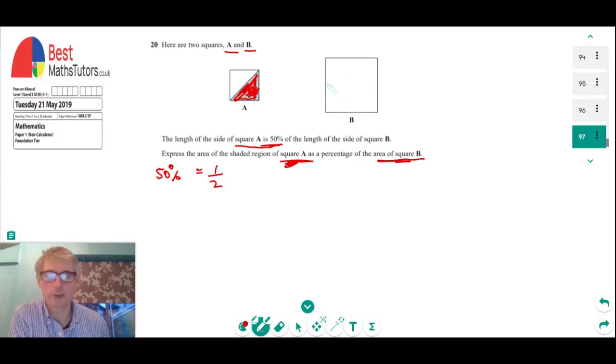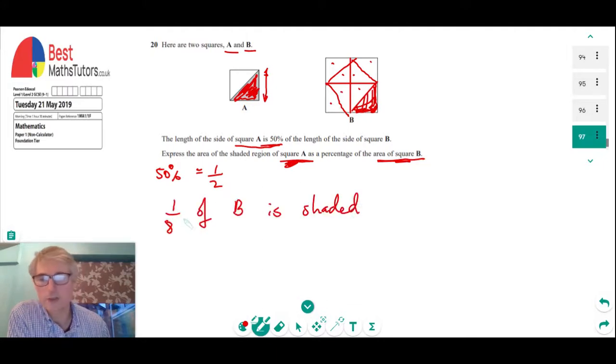So there's probably a few ways we could do this. The easiest way, though, I think, is by drawing square A inside square B. So because we're told that the side of this here is actually half of this distance here, we could see that we could get 4 of A inside of B. If I then take half of A there, as is shaded in, so there we go, you can see that this is like the shaded bit of A. If we ask ourselves how many of these would go into the whole lot, if I split it into equal regions, it's probably the easiest way we can see. So I'm just splitting every one of those squares, same size as A, into half. You can see we've got 8, 1, 2, 3, 4, 5, 6, 7, 8 of them,